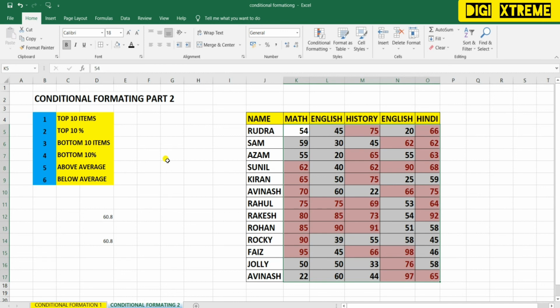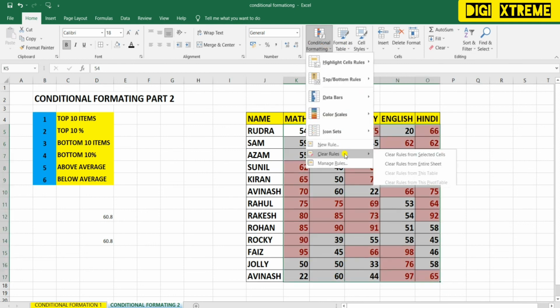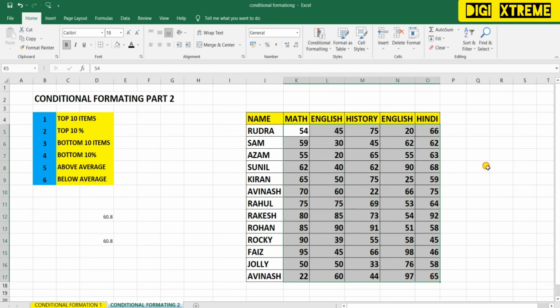Alright, now let's move to the below average. For that I need to remove the conditions again. We'll do the same process for below average as well. Let me select the cells. I have selected all the numbers.